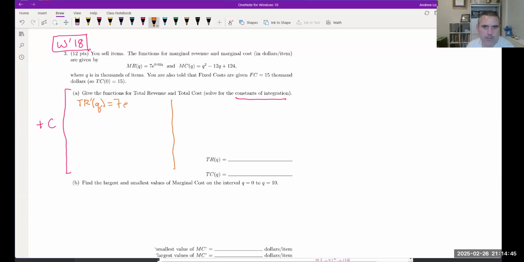is this. And they also gave me the derivative of total cost is this. And then they're asking me for these formulas. So we need to do an antiderivative. You don't even have to write the integral notation, but you have to realize it's an antiderivative question. So take a moment and write what you think those are. Then we'll talk about the plus C part of it, but let's separate these pieces. So we need to do antiderivative, or integrate,